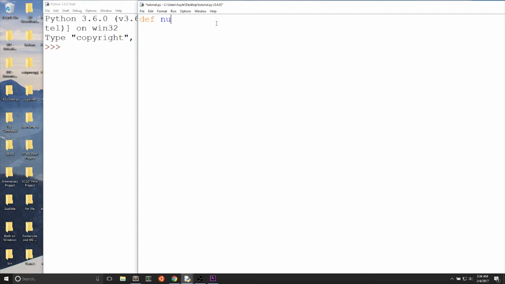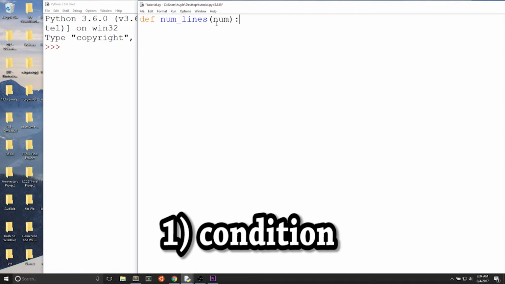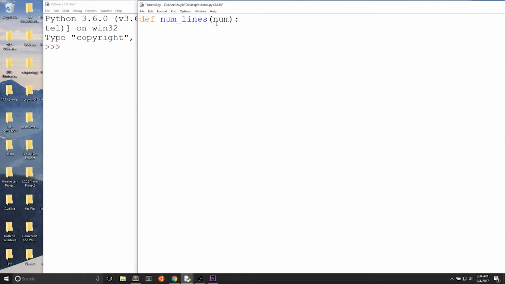def num_lines(num): Next, we want to use the while loop. We must think of a base case, the moment when we are done with the while loop, when we exit. We can use num being equal to 0 as a means of ending the while loop. Step 1 is figuring out our condition. Our condition should be num not equal to 0, because when num is 0, we know we are done. while (num != 0):